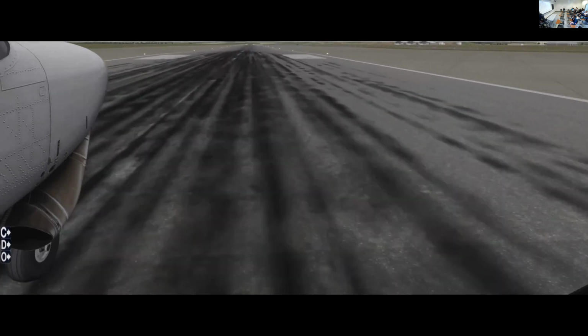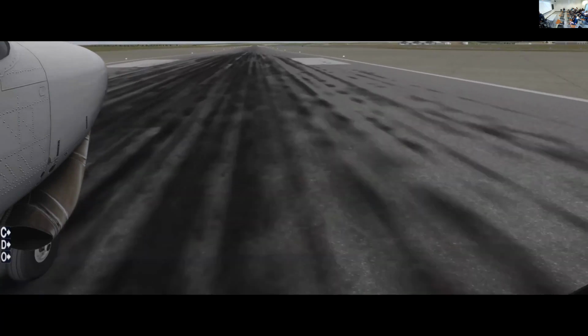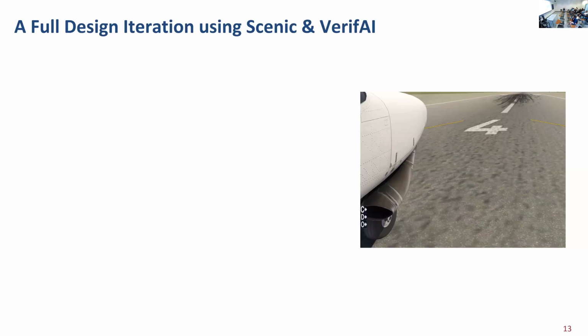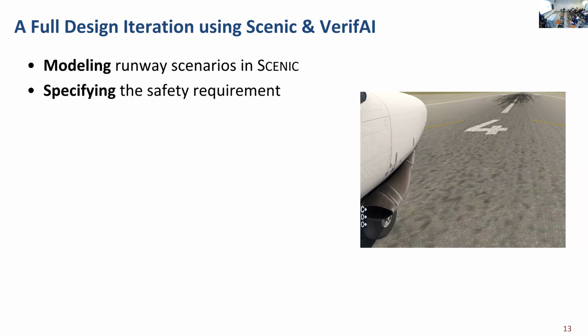What we did was we talked to the Boeing folks and modeled the environment of this airplane system, which is essentially various kinds of runway scenarios in Scenic. You'll see that this is using only a fraction of the full expressive power of Scenic, which at the time was sufficient for what they wanted to do. Then we specify the safety requirement,